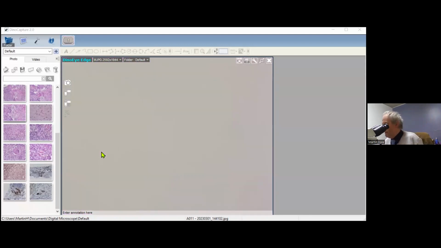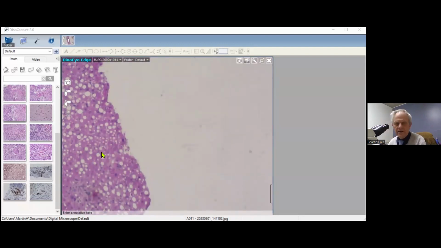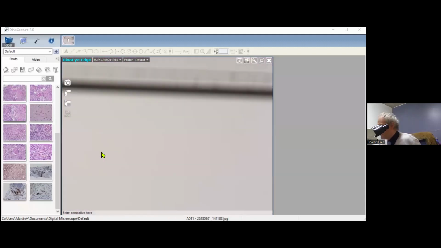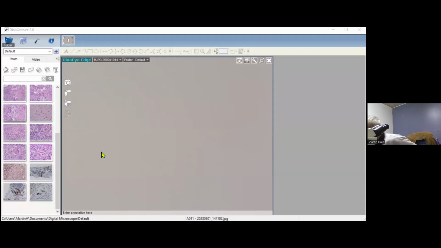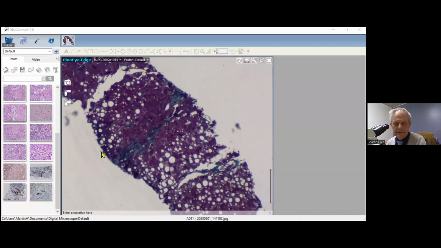Then when we look at the fibrosis, it's difficult really to be absolutely sure, and you shouldn't really use the H&E to assess the extent of the fibrosis. But if we look at the Masson trichrome, you can see that the fibrous tissue becomes readily apparent. It's a little bit dark, I'm afraid, but you can see this sort of fibrosis there. And in fact, I gave this a score of 1.